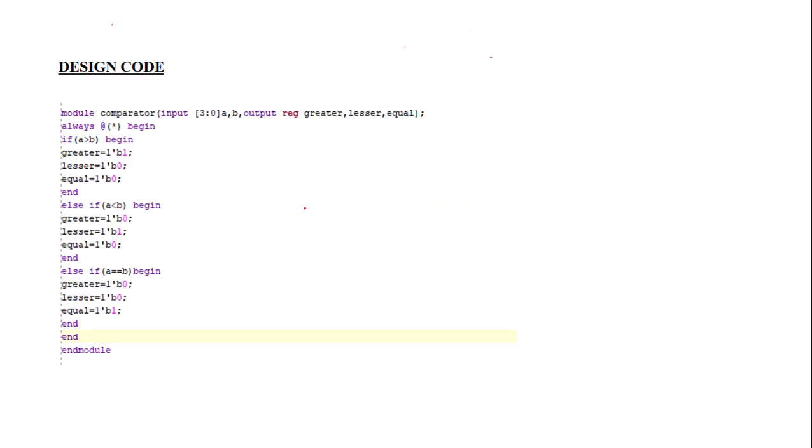So in this video we discuss the 4-bit comparator. 4-bit comparator means here I take the input as 4 bits. If you take 8 bits, then it is called an 8-bit comparator. The main theme is that you have to compare two values. If you consider A and B, either A is greater than B, or A is less than B, or A is equal to B. You have to check these conditions, so you compare. These are the comparing conditions, which is why I call it a comparator.